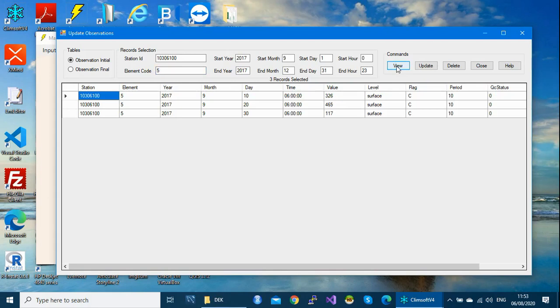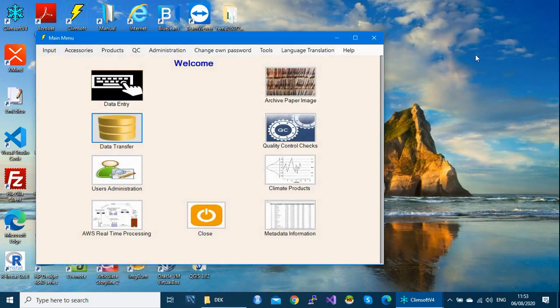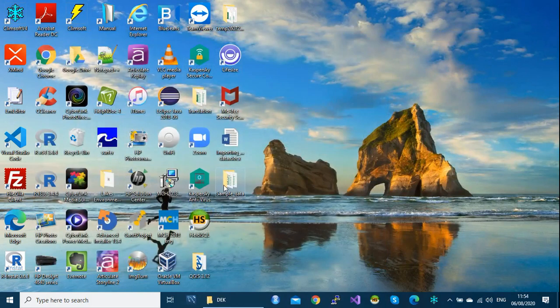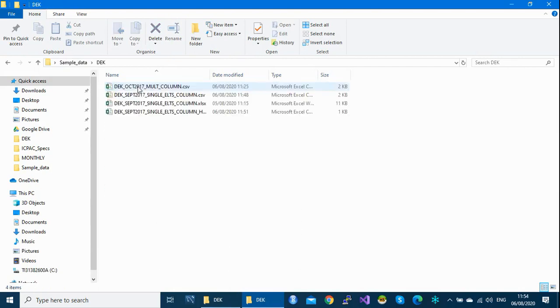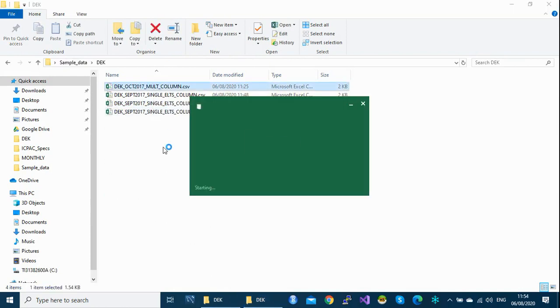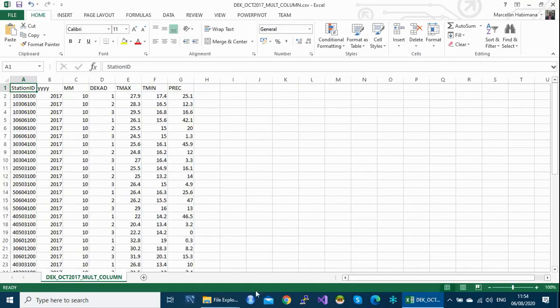So I'm going to import the second scenario. Remember, the second scenario of Decado data has got data in multiple columns. This is CSVs, multiple columns. But now this is October, the month of October. The previous one was September.